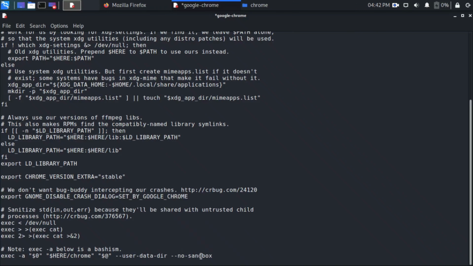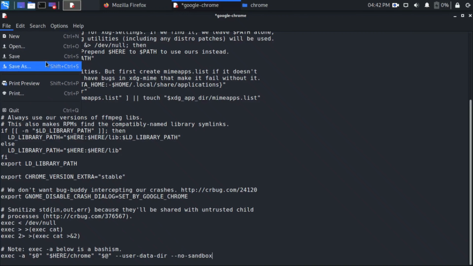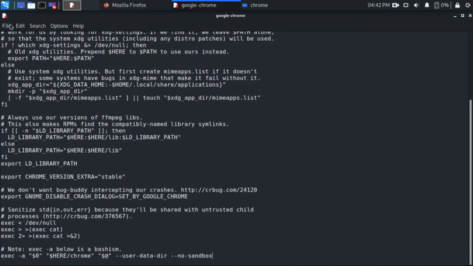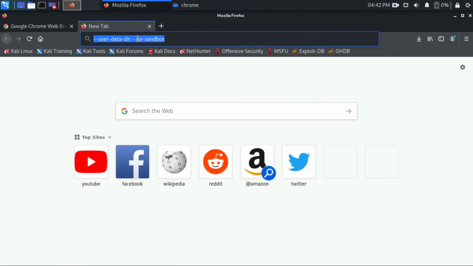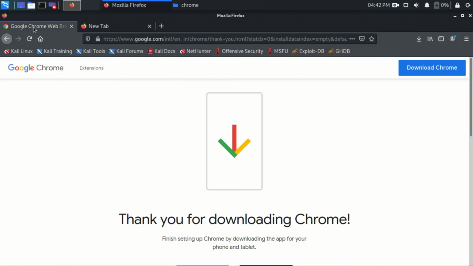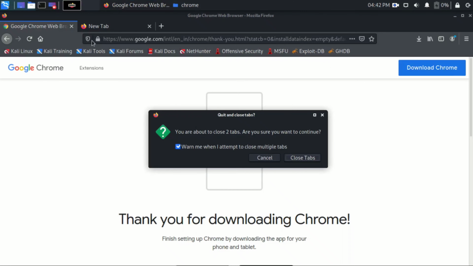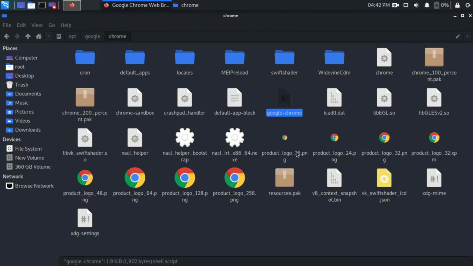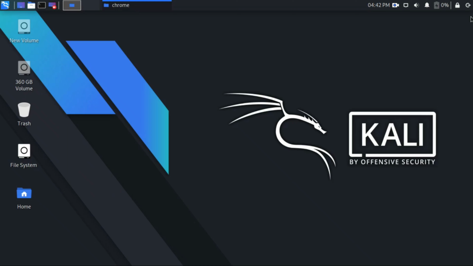Yeah, and now that's all. And you just need to go to file, and then save. Okay, go to save, not save as. You just need to save it, and just close it. And if you don't want to install Google Chrome, it's okay. If you are using the root, if you are already installing the sudo, it's okay. And I'm just closing the tab, just closing all of it.